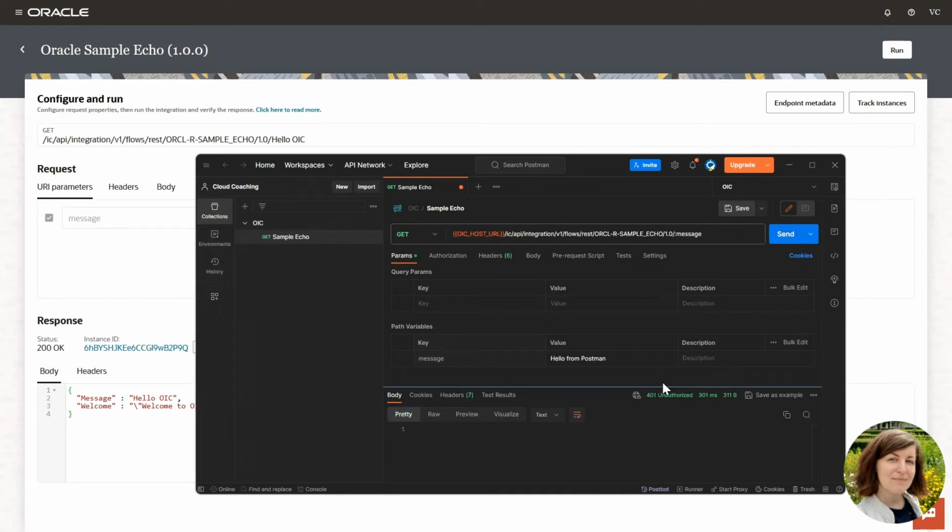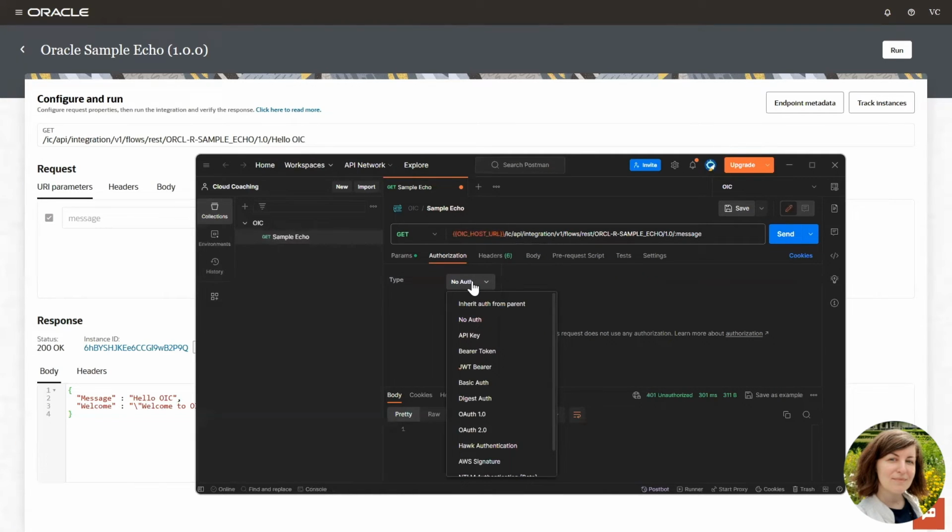And you will see this first request, we got a 401 unauthorized response. That is because I haven't provided the authorization yet. All the endpoints that you expose from OIC require authentication and authorization. In this case, with a REST endpoint, we can use basic authentication or OAuth.